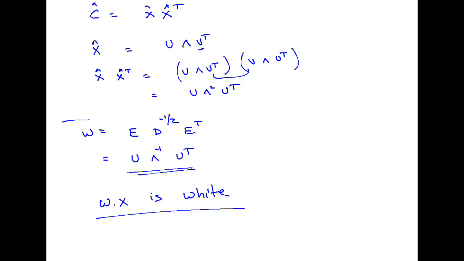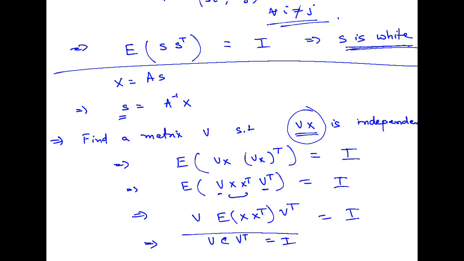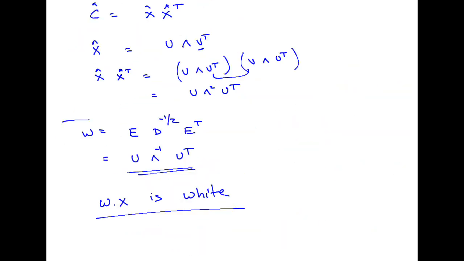Also, in C cap, I will not normalize those terms, like n upon n minus 1. That is just a scaling factor, so generally they don't really matter that much. We just normalize all the rows to have unit variance. If we normalized earlier, then we don't need to multiply n by n minus 1. You normalize with n minus 1 instead of n, so then you're fine. Even if it's just a scaling factor, scaling factors don't really matter. Here we are looking at the actual vectors, right? So it doesn't matter that much. Okay? So, fine.